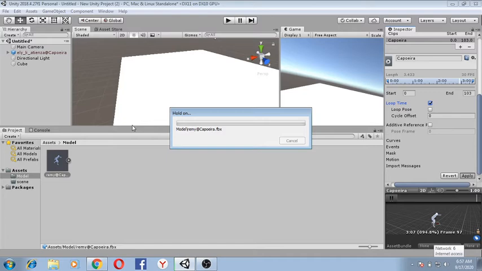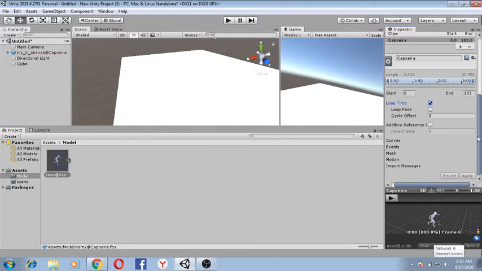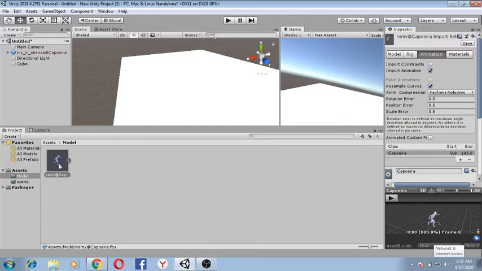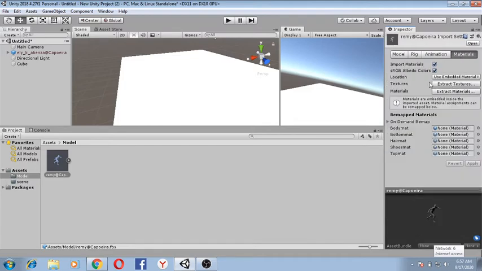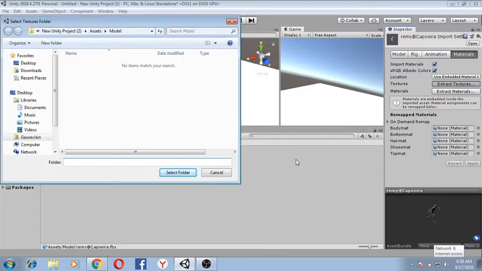It's taking a little bit of time, no problem. So we are done with applying the loop on the animation of this model. Then we need to come to this materials part and click on the extract textures option. Automatically we will get redirected to the folder in which our project is saved. There again you will find a folder with the name assets.